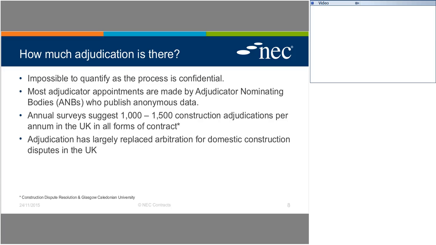Now, in the UK, because of the success of adjudication and possibly because of the statutory right to adjudication, arbitration has very much been sidelined for domestic construction disputes. It's still very popular in cross-border projects, but the number of appointments I know the ICE has made for arbitrators in the UK in recent years has been very low by comparison. So adjudication is certainly largely the accepted way of resolving disputes in construction. And for those of you who follow the judgments published by the Technology and Construction Court, you'll see there are still many disputes that reach the courts there.